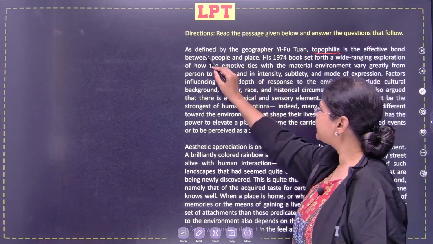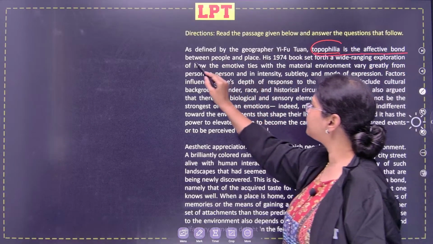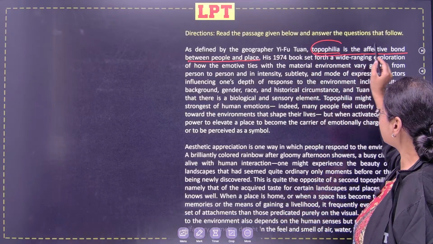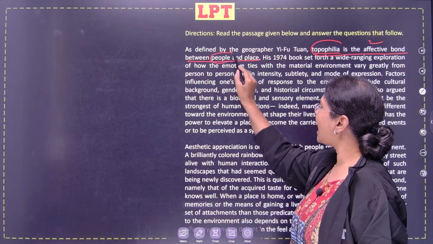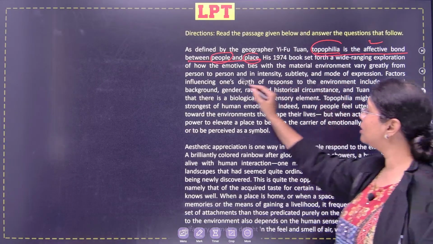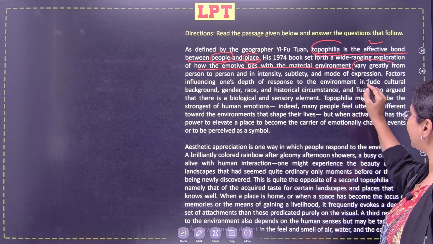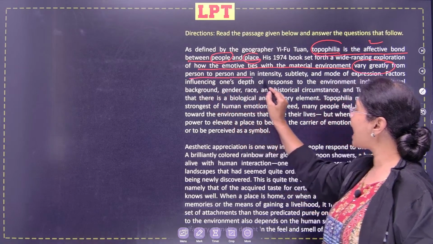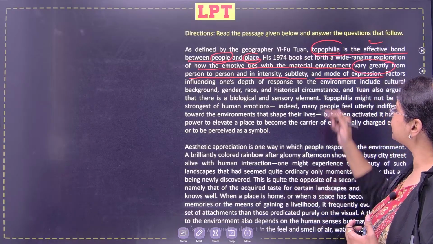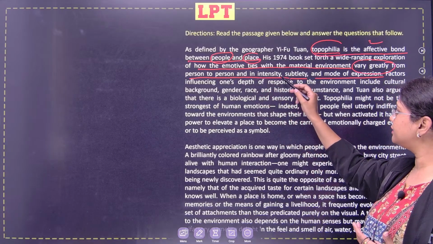So it says, as defined by the geographer Yi Fu Tuan, topophilia is the affective bond between people and place. So we are talking about topophilia here. So it says the affective bond between people and place. His 1974 book set forth a wide-ranging exploration of how the emotive ties with the material environment vary greatly from person to person and in intensity, subtlety, and mode of expression. So we are talking about how this material environment varies greatly with respect to emotive ties and the intensity, subtlety,